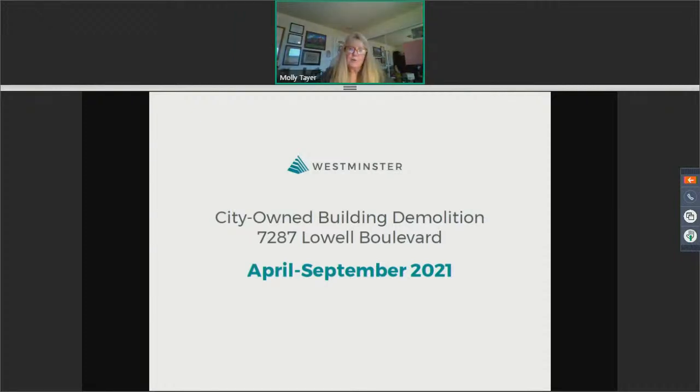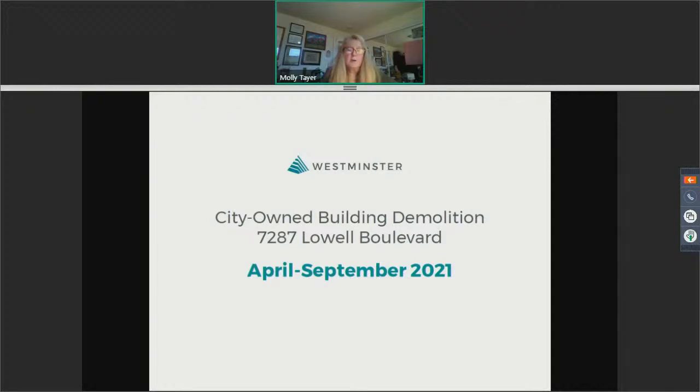That group will be coming to work in May. We expect that the asbestos abatement and the demolition of the buildings on site will take approximately 6 to 8 weeks. So we look forward to that being completed by the end of June. At that time, once the demo is complete, the city's contractor will perform soils testing and make a plan for any added soil remediation that may be needed.